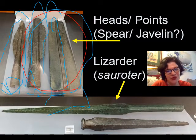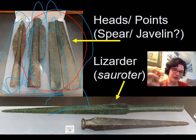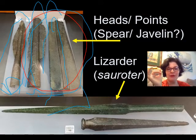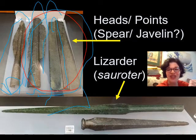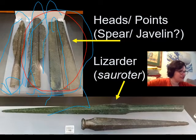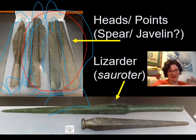Now the other thing that makes a doru different from a javelin is its butt end. A javelin tends not to have a weight on the back end. Sometimes there'll be a little round bronze ball just to create a good counterweight, but most of the time it's just got the spear tip and it's made as light as possible because it has to fly when you throw it. But a doru has to have a good counterweight on the back end so that when you thrust it, you have a really good, strong transfer of force that can punch its way through the edge of a shield, and if you're very lucky, into the bottom of a cuirass too,